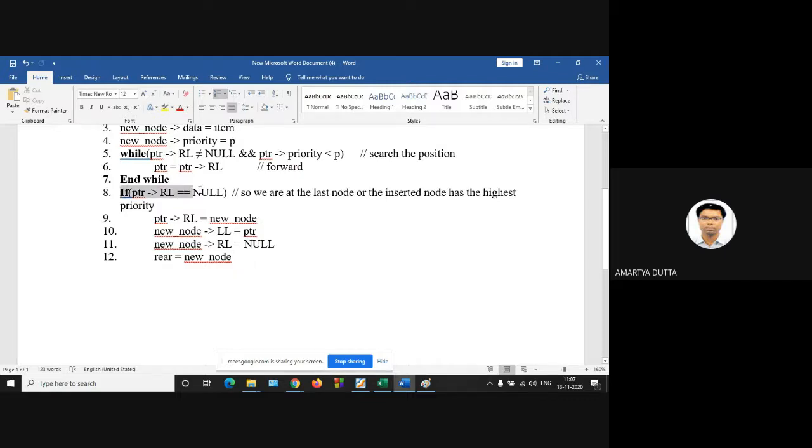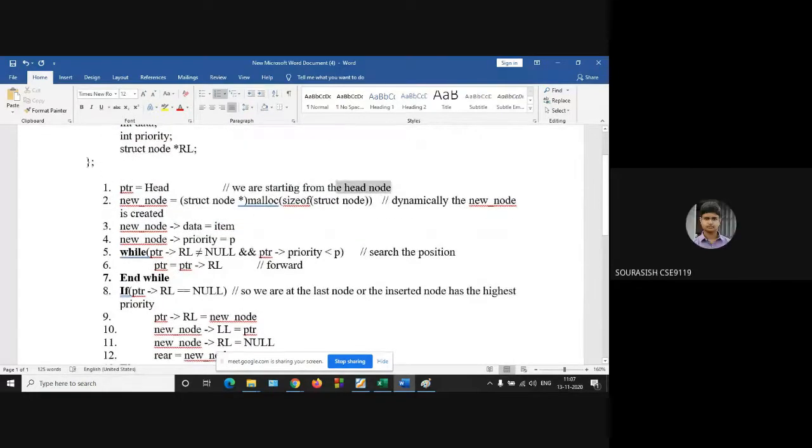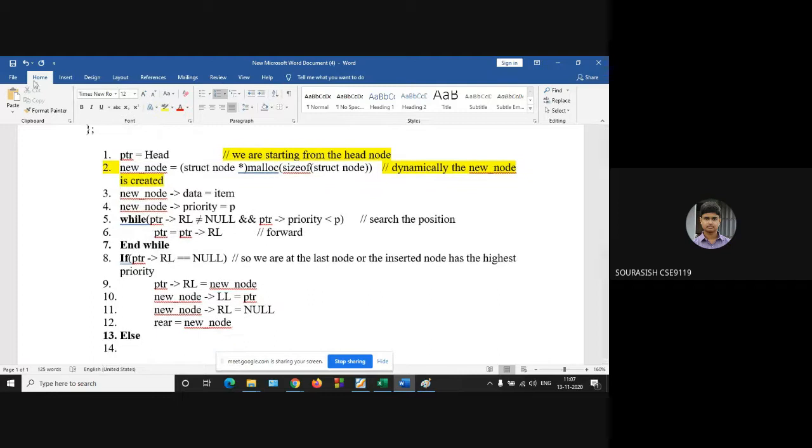So if your PTR, its right link is null, and else part, otherwise, any idea? So otherwise, basically we have to insert the new node in between the queue. So how to implement?